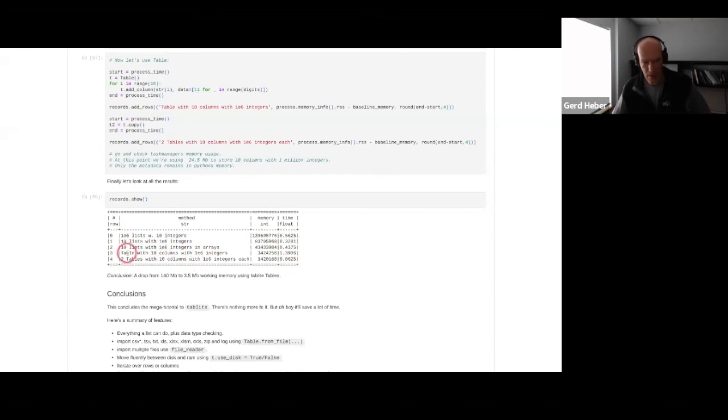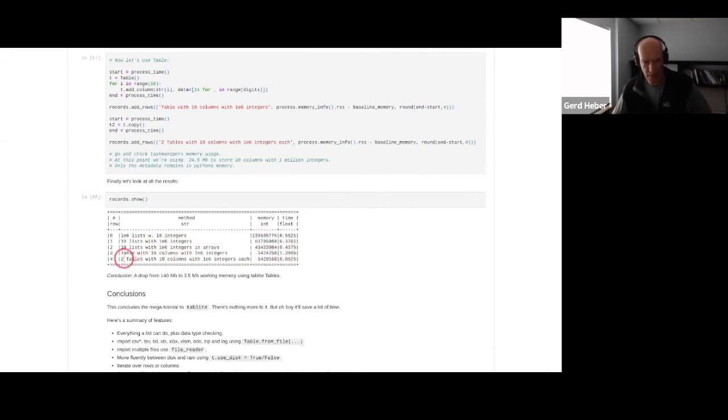And then you compare that with Tablite: a table with 10 columns with 1,000,000 integers. It's amazing to see how much reduced that memory footprint is. In the first attempt, the time is not that great.